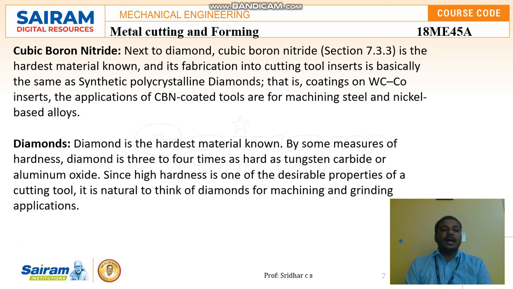The diamond is the hardest material found in nature. By some measures of hardness, the diamond is 3 to 4 times harder than tungsten carbide. Since hardness is a desirable property of a cutting tool, it is natural to bring in diamonds for machining and grinding applications. Diamond tools are mainly used for machining and grinding purposes, especially for stones, where you need to do grinding, for example